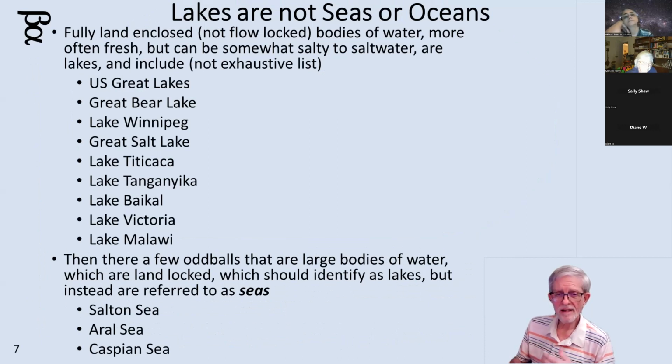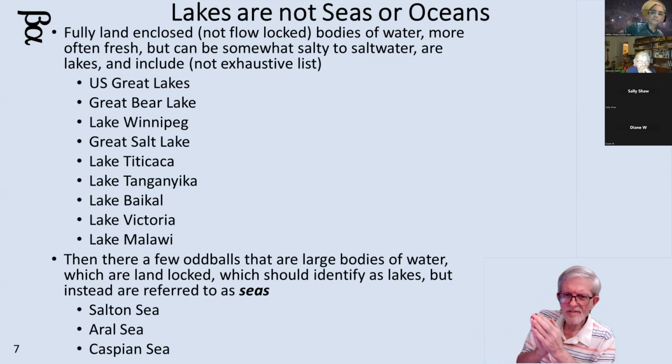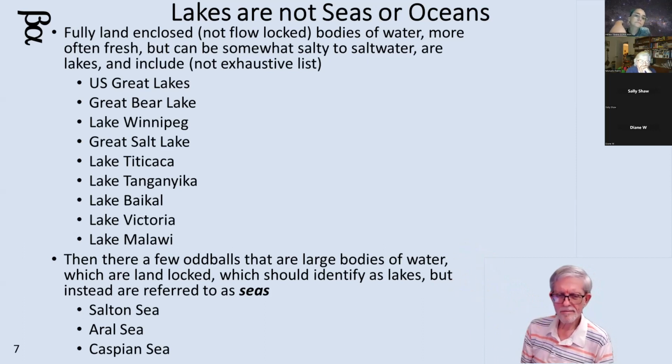And the next step down is lakes. Lakes are not seas or oceans, but there are a couple of lakes that think they're seas. A sea should have some access to an ocean body. Everybody knows the Great Lakes, but there's a little bit of channel that you can follow out the Great Lakes to get to Hudson Bay and out to the Atlantic. But it's close enough to being landlocked and tight enough by surrounding land that it's lakes, big lakes, Great Lakes.